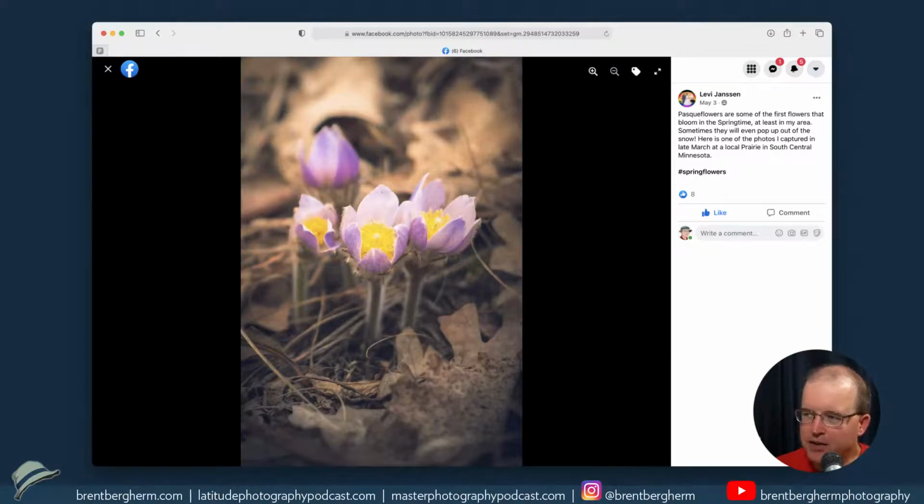Or is it pasqueflowers? I am not sure on the pronunciation of that. They are some of the first flowers that bloom in the springtime, at least in my area. Sometimes they will even pop up out of the snow. Oh, that'd be cool. Here is one of the photos I captured in late March at a local prairie in